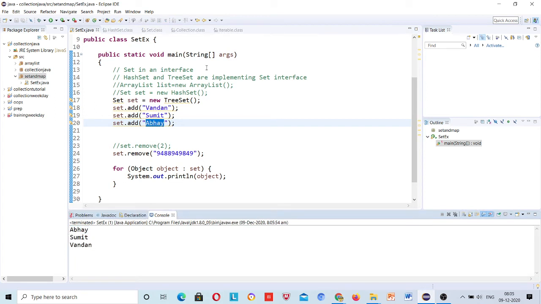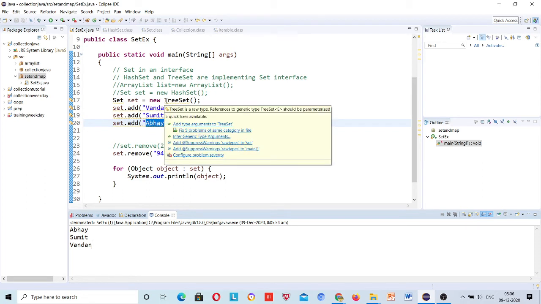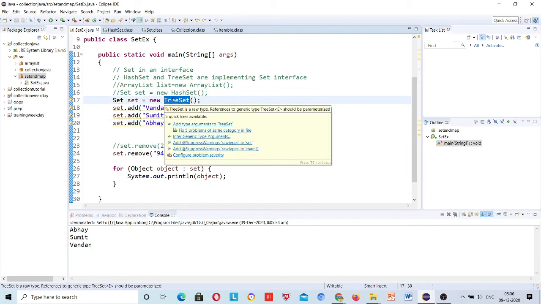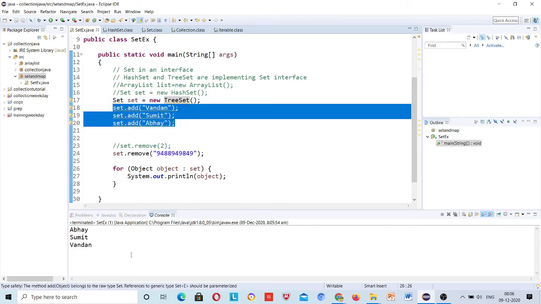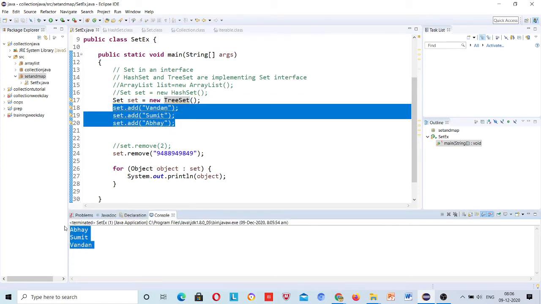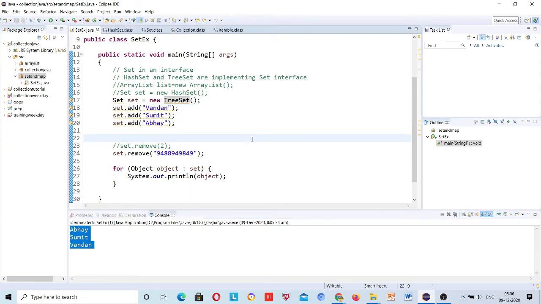So, tree set class actually follows the ascending order, right? But hash set does not follow any order. Tree set also does not follow the insertion order. So be sure that tree set is also not following the insertion order, because insertion order is something different and sorting order is something different.